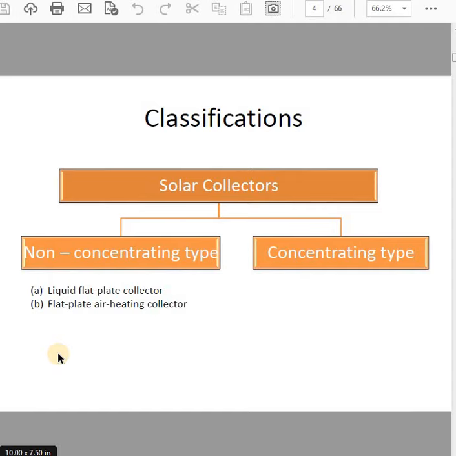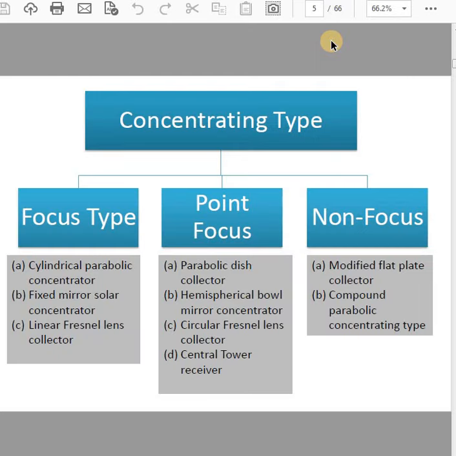type. Non-concentrating types are liquid flat plate collectors and flat air heating collectors, whereas concentrating collectors are of three types: focus type, point focus type and non-focus type. Here, in point focus type and focus type, you have the cylindrical concentrator collector, fixed mirror solar concentrator collector, and linear Fresnel lens collector. So these are commonly used collectors in